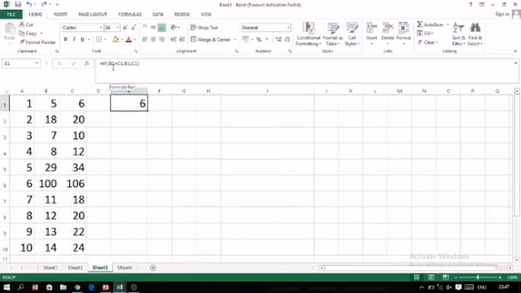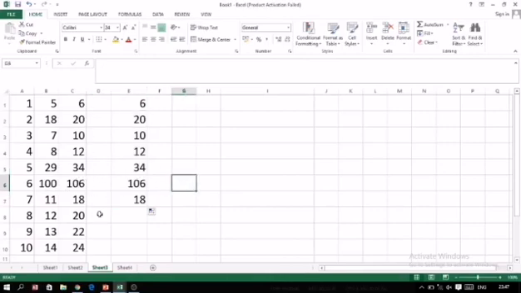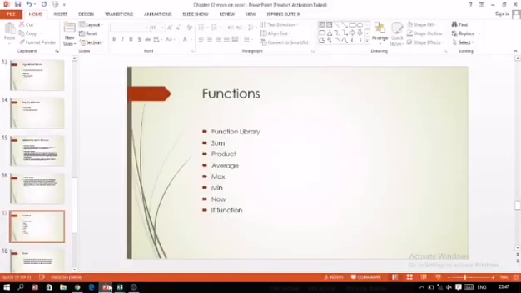I have said that if the value of B1 is greater than C1, then display B1, or else C1. When we drag it down, in both cases the greater number is coming. Whatever the greater number is, that particular number is displayed over here. So in this way we use this if function.